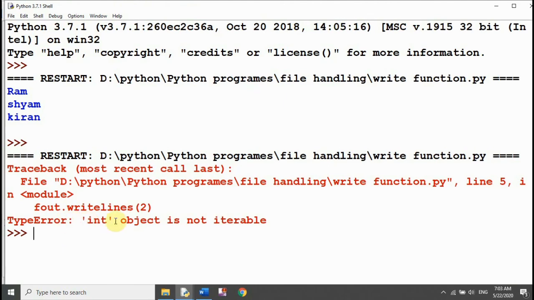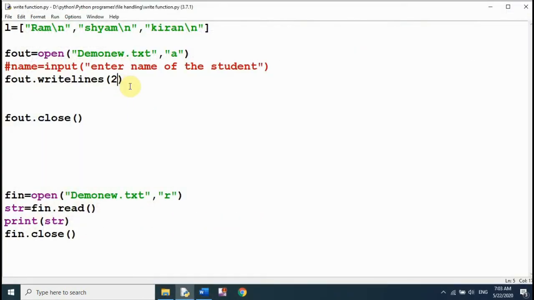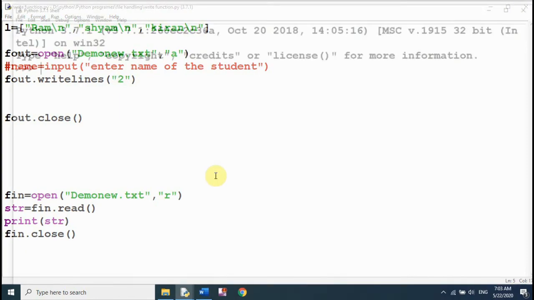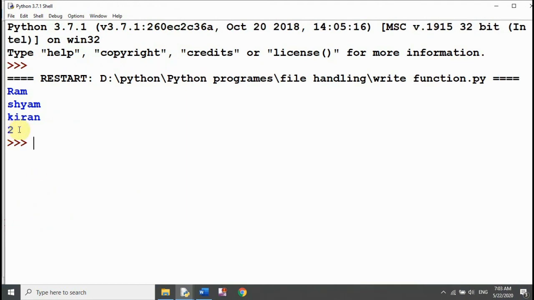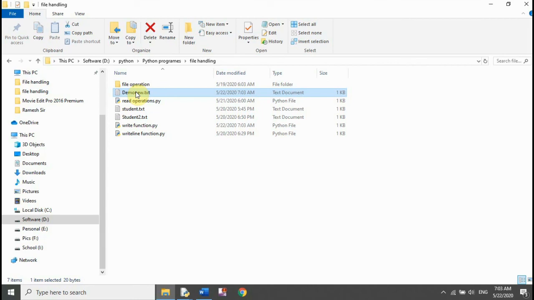No, it cannot write any other type of data into the file except string or text. Now change it into text or a string. Will it write or not? Let's check it. Now it has done it. Open the text file also.